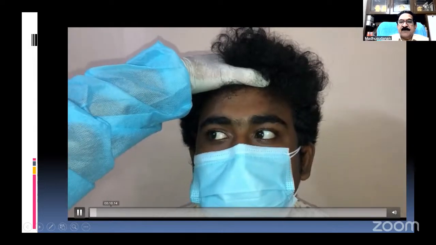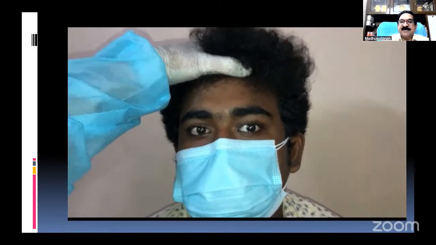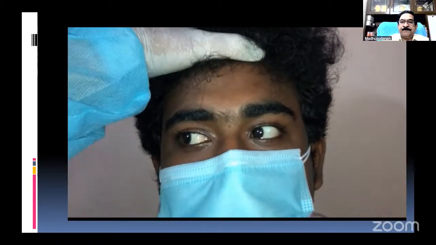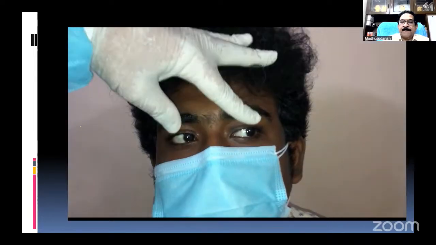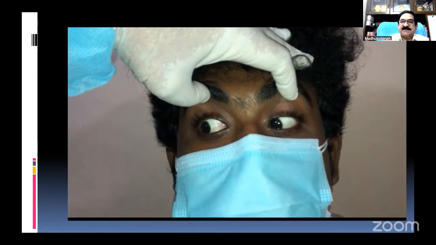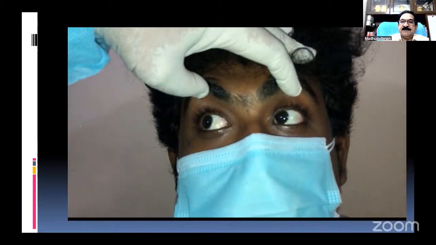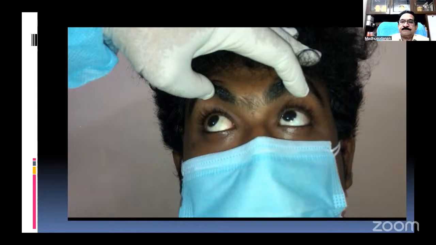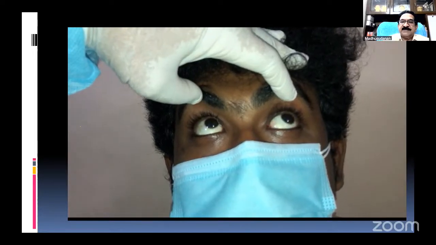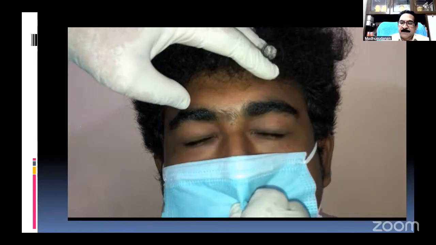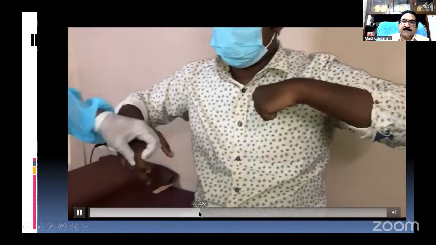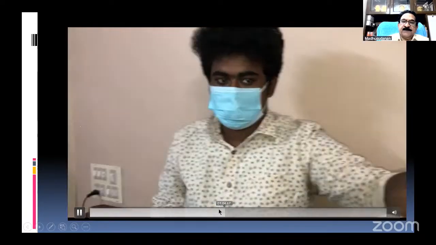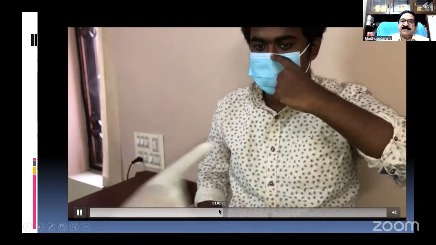He had severe downbeat as well as horizontal nystagmus, mainly a downbeat nystagmus. You can make out the downbeat nystagmus now. Looking upward, there is no nystagmus, only side view. Rest of things normal. There is no dysarthria. But finger nose incoordination was there. Severe incoordination.